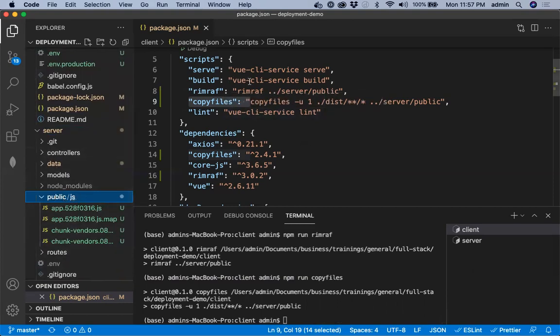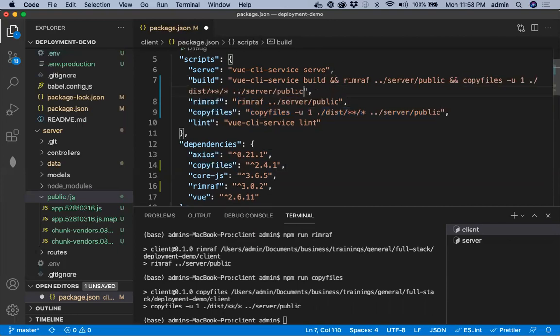If you're using Linux or Mac, you can also do this, which is you can say on successful completion of that first UI CLI service build command, run this. On successful completion of that, run this. There's also packages which will allow you to run serially, even on Windows. You can install one of those npm packages if you want.